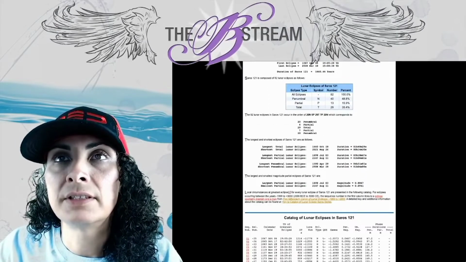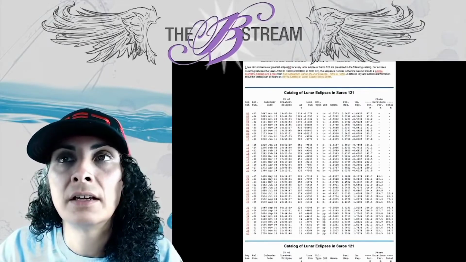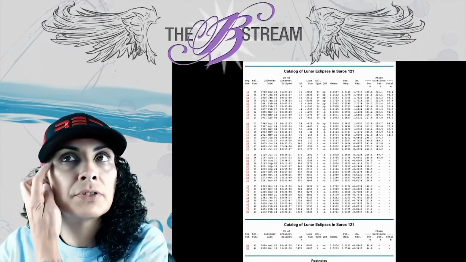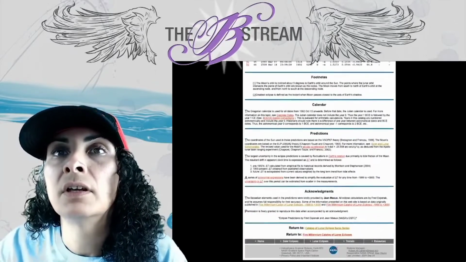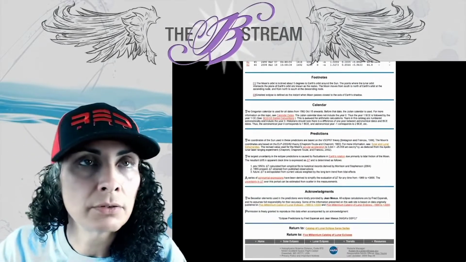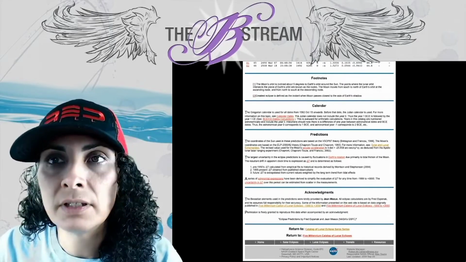Here it's just a table, right? It's a table of information. All these numbers, dates, times, catalog of lunar eclipses from Saros cycle 121. Now, how do they get these Saros cycles? What is a Saros cycle? How do they use that to give us the information about these eclipses? Okay,